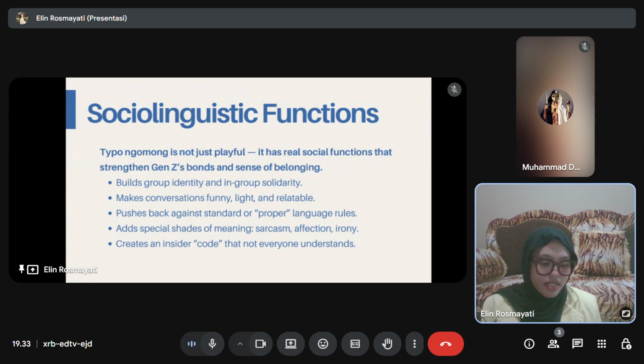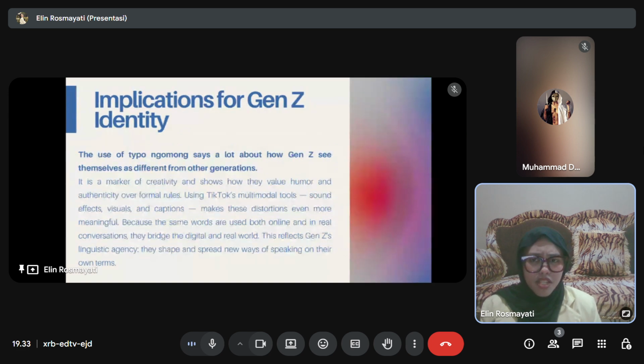The next one is implications for Gen Z identity. Of course, this phenomenon has beneficial implications, especially for Gen Z, because it comes from Gen Z. The use of typo ngomong says a lot about how Gen Z see themselves as different from other generations. It is a marker of creativity and shows how they value humor and authenticity over formal rules. Using TikTok's multimodal tools, sound effects, visuals, and captions makes this distortion even more meaningful because